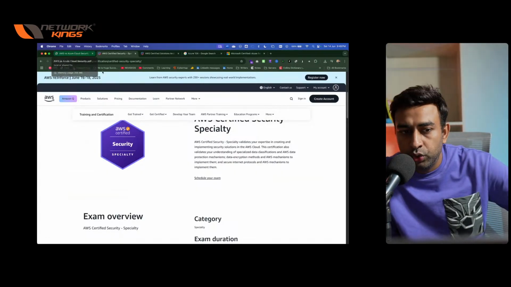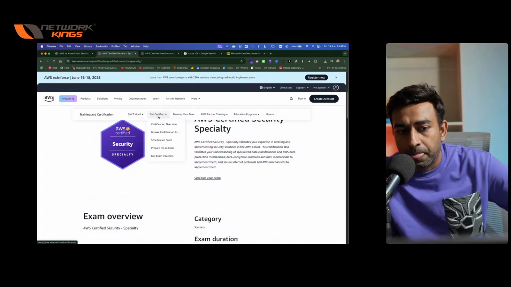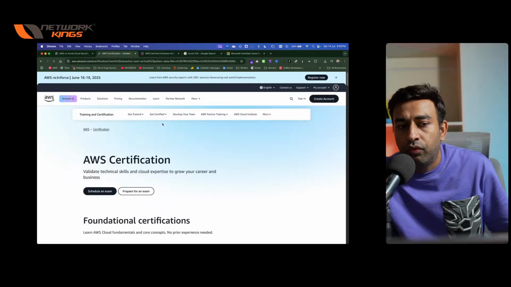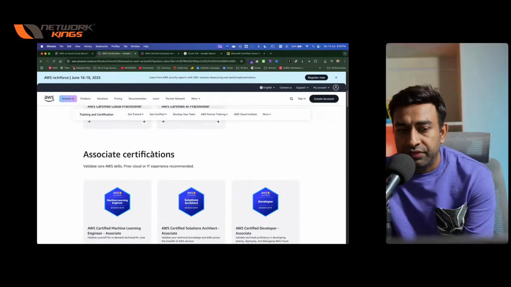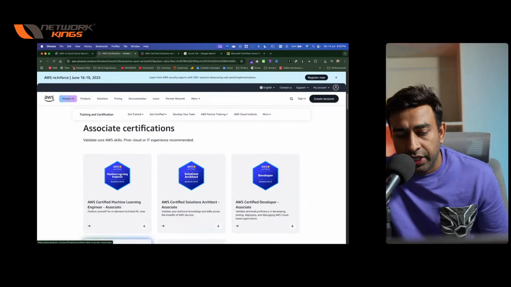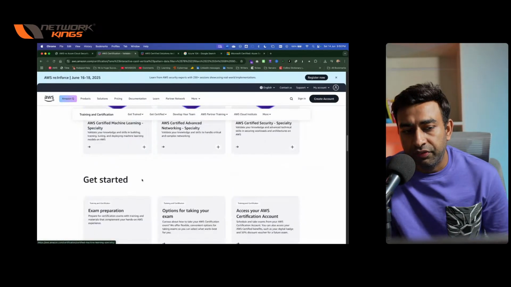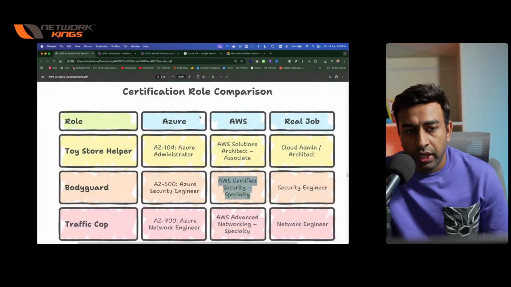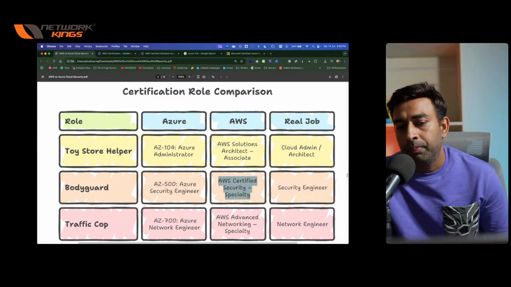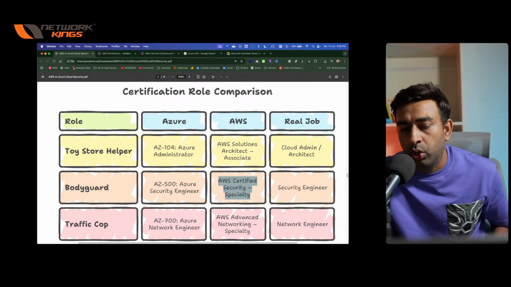But in future, you can go and learn about DevOps certifications, DevSecOps, AI, a lot of certifications, SysOps administrator, data engineer. But I have picked the best 2 or 3 certifications which are very, very important. If you are from the networking world, basic IT jobs, if you want to get into cloud without doing much coding,